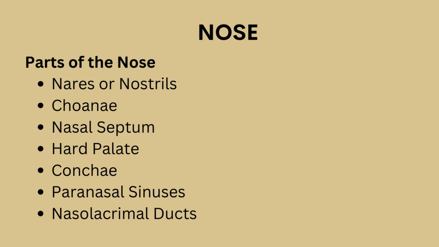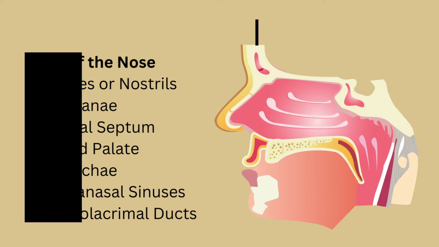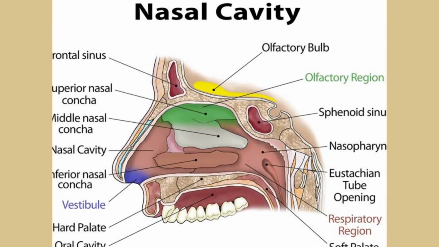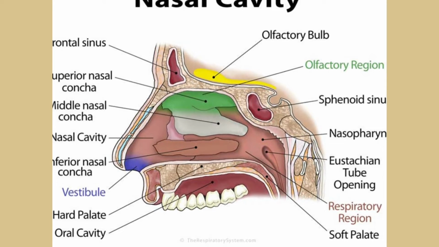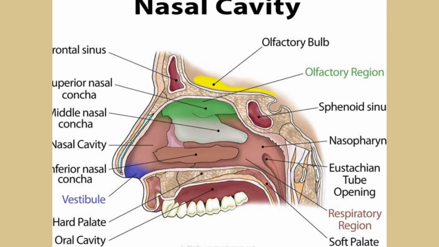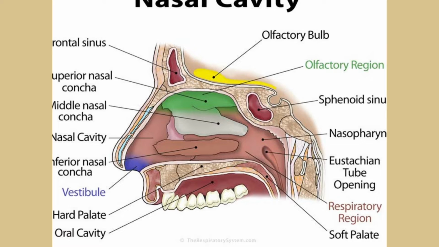And now the structure of the respiratory system. First are the nostrils or nares, the external openings to the nasal cavity that are located on the face. The choanae are the posterior nasal apertures separated by the vomer. They are the opening between the nasal cavity and pharynx. The nasal septum is the wall in the middle of the nasal respiratory cavity, the partition dividing the nose into right and left parts. And the hard palate provides space for the tongue to move freely and supplies a rigid floor for the nasal cavity.